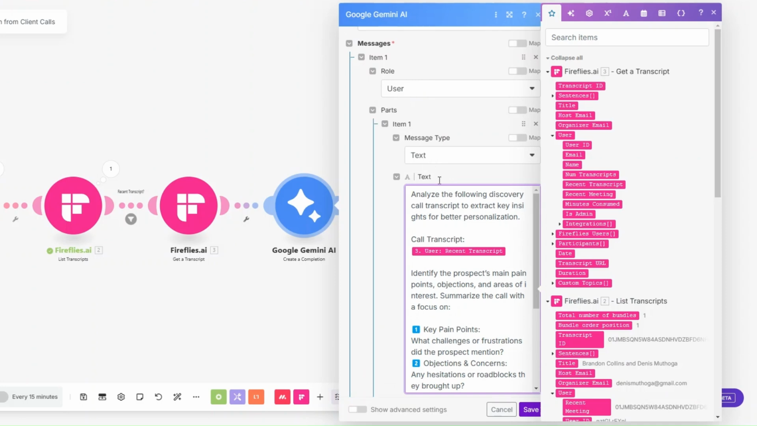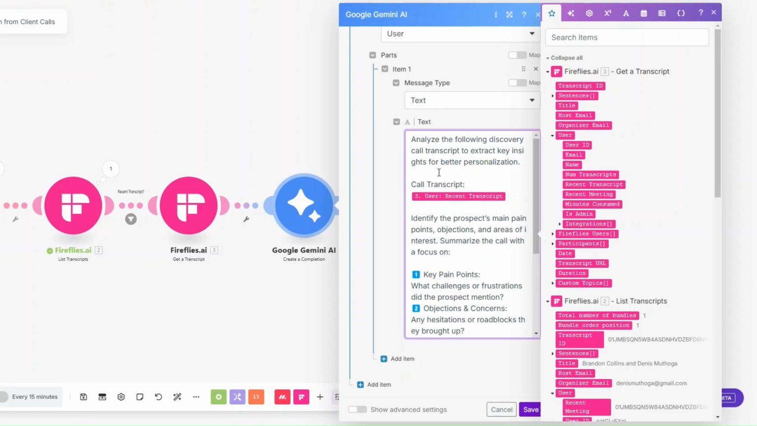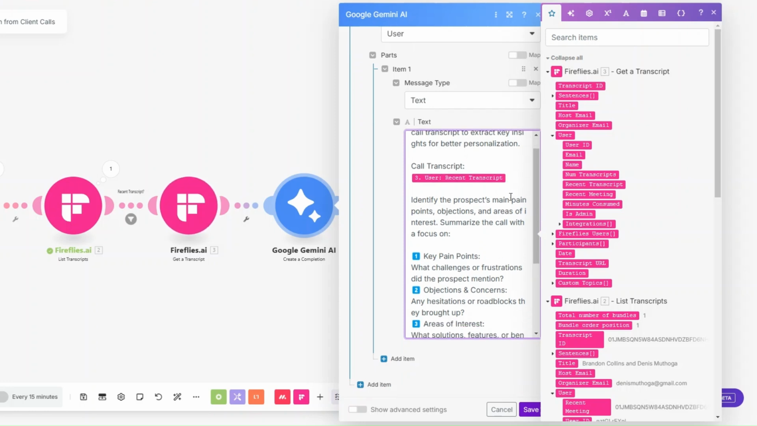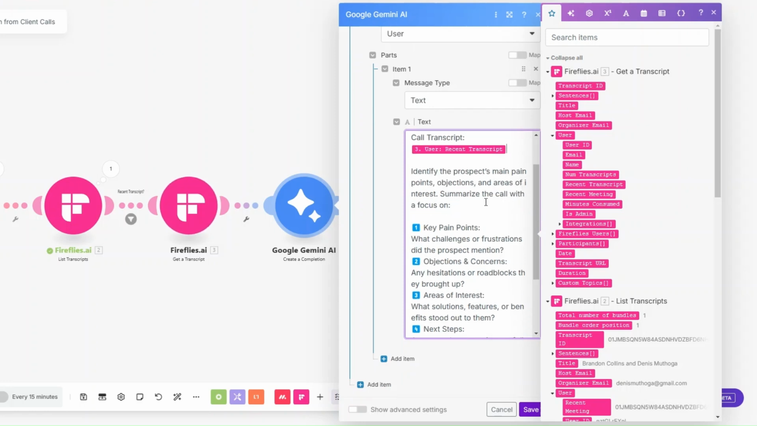Message type, we're going to choose text, and the prompt could be along the lines of: analyze the following discovery call transcript to extract key insights for better personalization. Here we're going to add our call transcript right here. Identify the prospect's main pain point, objections, and areas of interest. Summarize the call with a focus on: